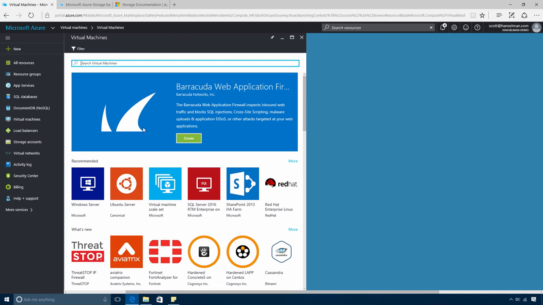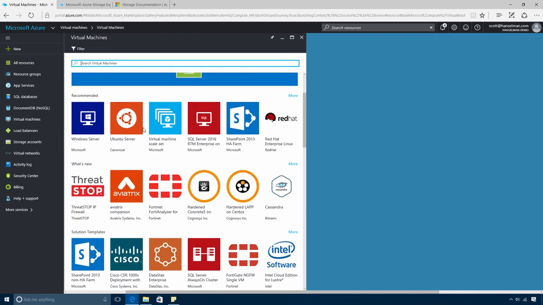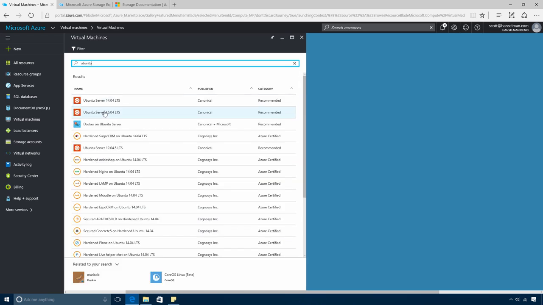Now there's a gallery of hundreds of different solutions to pick from. There are pre-configured VMs for everything you can imagine, from WordPress to Barracuda, as well as complete multi-VM solution templates for larger systems like SharePoint or WebSphere. If I want to create a Linux VM, I can do that by just searching for popular Linux images like Ubuntu or CentOS or Red Hat and more. I'll pick Ubuntu